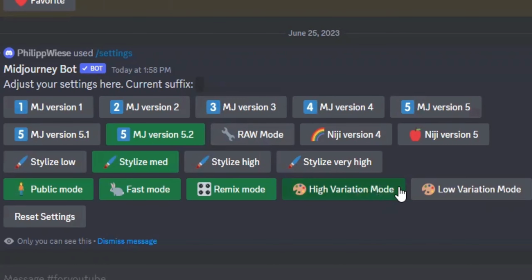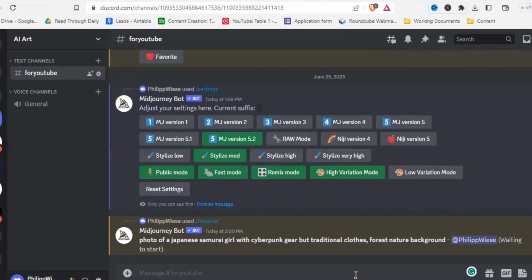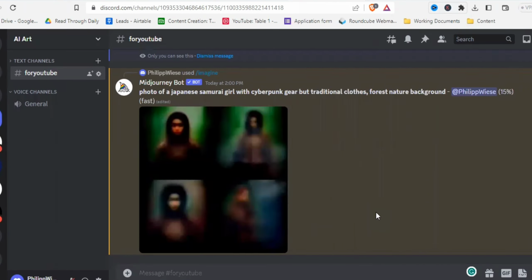And that means when you now want to make variations of your pictures, you actually get something that looks different. And I have been waiting for a long time for this. I'll show you in just a moment. You can also select the low variation mode, and this is basically how it has been before. Just subtle variations that don't look very much different at all. So let me show you real quick what the high variation mode looks like before we get into the coolest